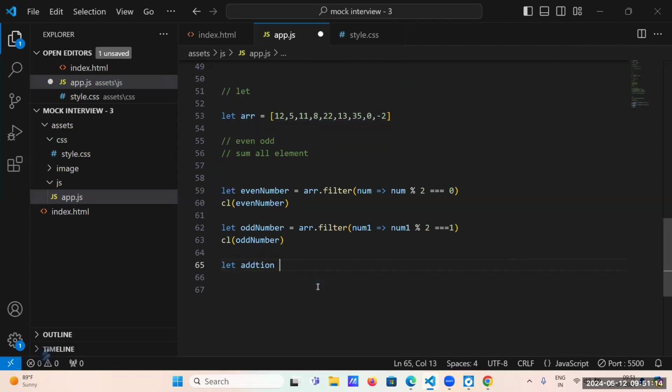While finding the sum, don't use any higher order function.